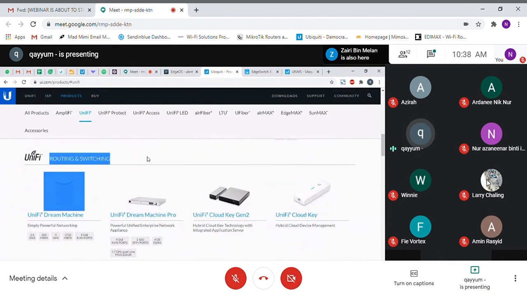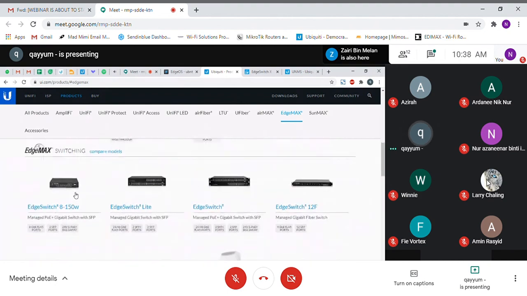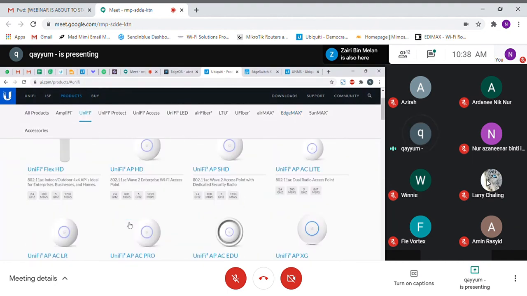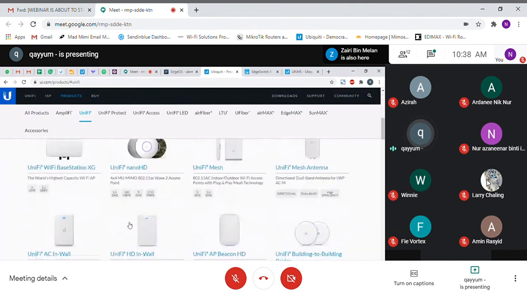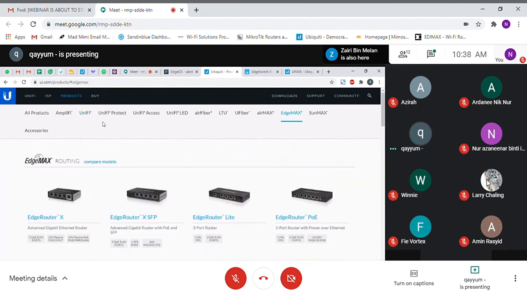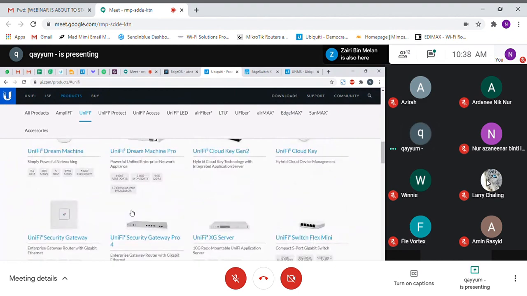But if you don't care about the controller, you can use EdgeMAX for the wired networking, the routers and switches, and then for the wireless you go for the UniFi model. Because everything under the UniFi model can be controlled by a single controller. That's why some people don't use EdgeMAX and just use the UniFi model, so they can manage everything in a single controller.